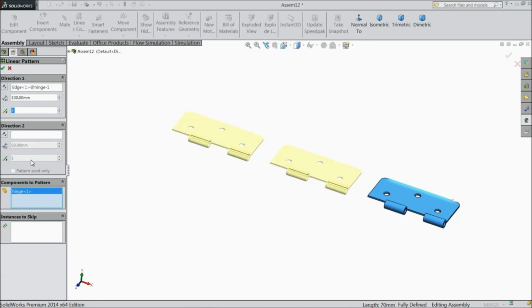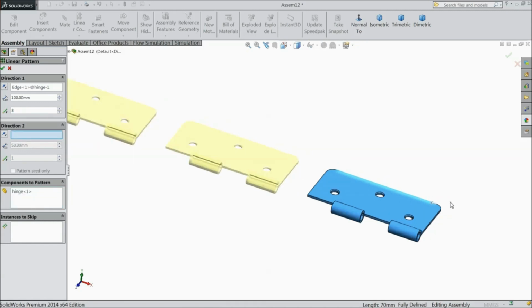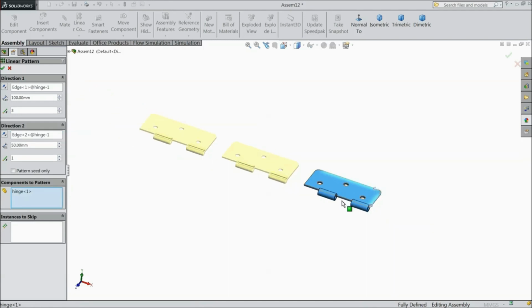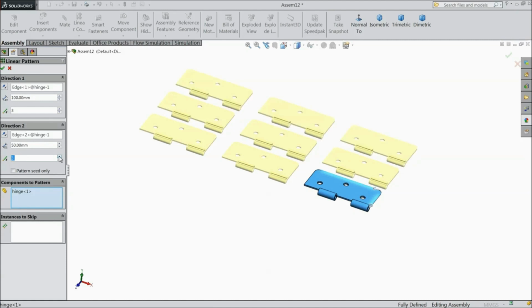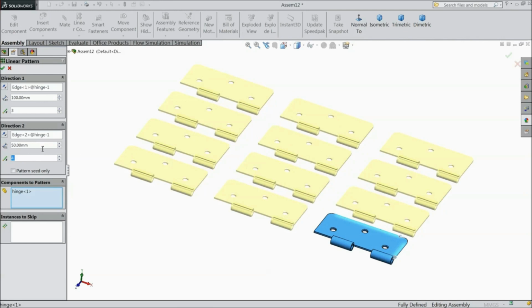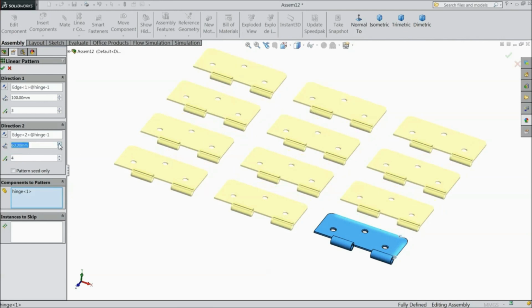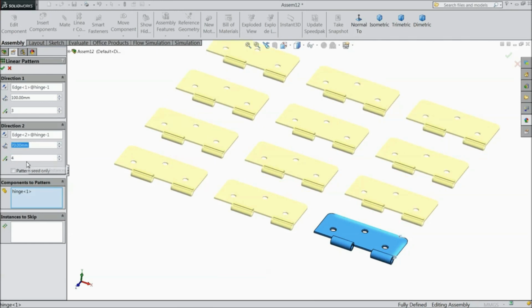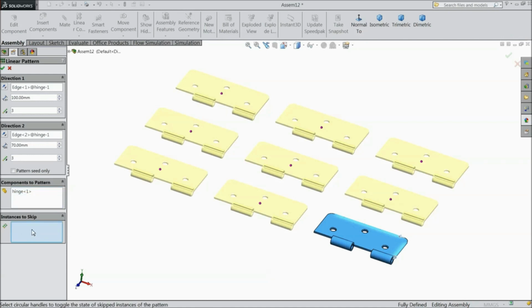Even in direction 2, you will select the Y-axis, and you can define many number of components. See, distance you can keep 50, 60, it is up to you. 3 numbers. If you want here one instance to skip, select this instances to skip and select any one